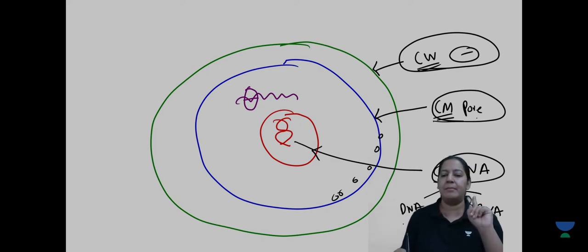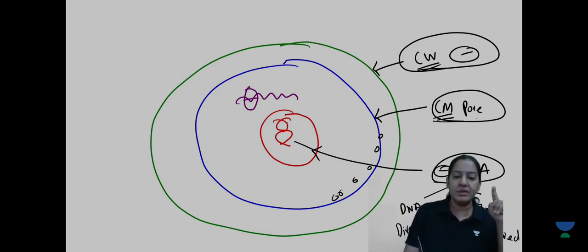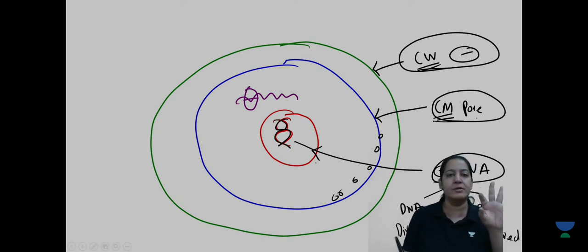Again, we can classify them like this. They are direct inhibitors or they are indirect inhibitors. What do you mean by that? Whether DNA or RNA, they can be direct, they can be indirect. What do you mean by direct and indirect? So this is the DNA. DNA is made up of four molecules, that is adenosine, cytosine, thymidine, and uracil. Right? So you may be knowing the molecules which DNA and RNA are made up of, the nucleosides. So some of the antibiotics directly inhibit the synthesis of the DNA. They are direct inhibitors. But for the synthesis of these nucleotides, folic acid is required.